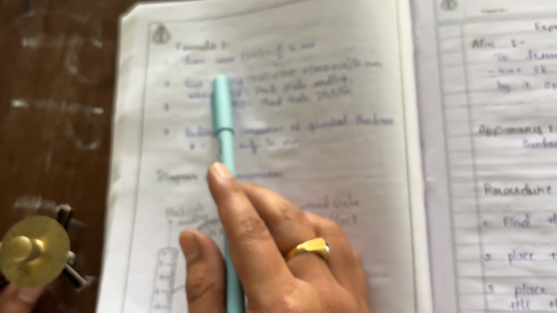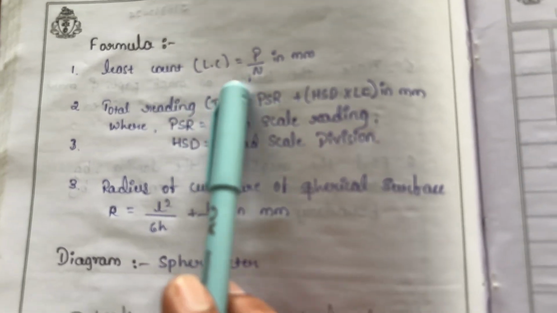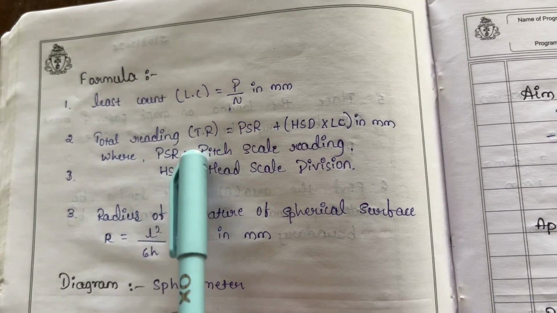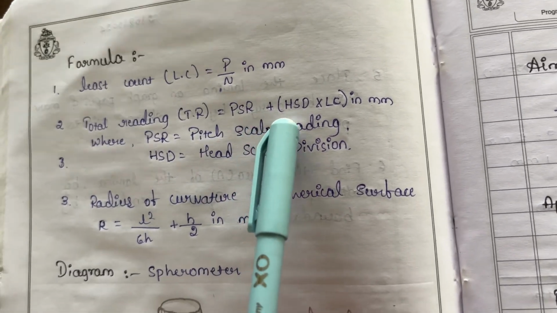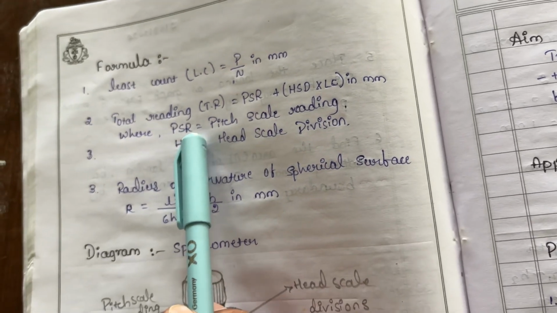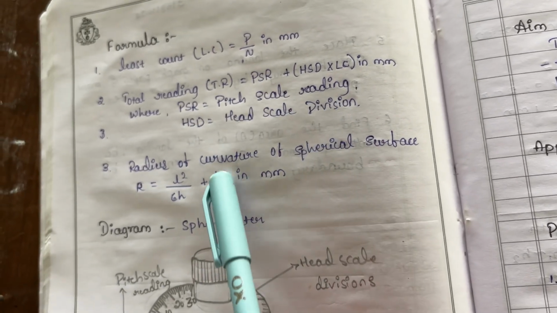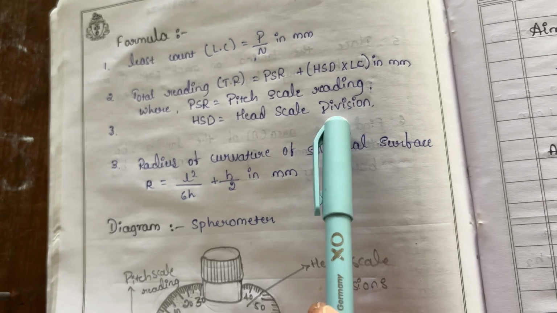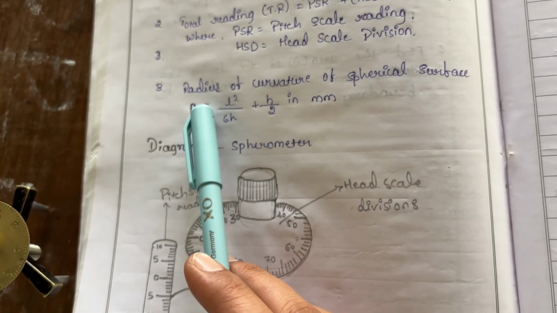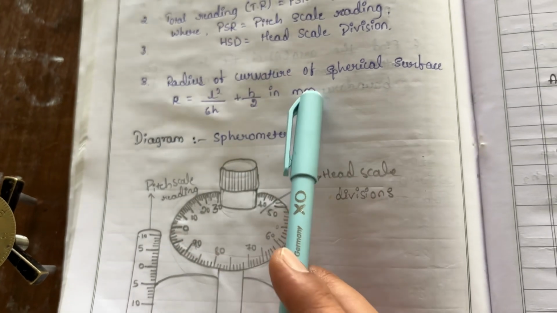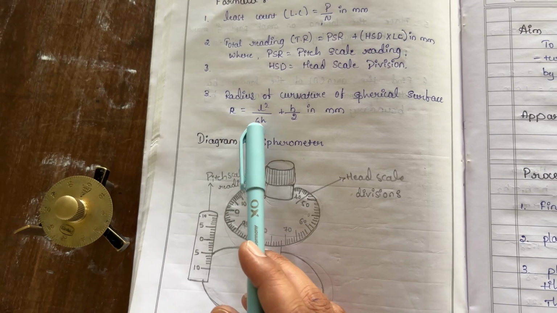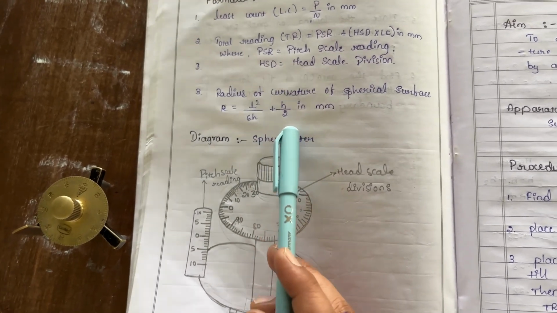This is the formula, least count: LC equal to P by N in millimeter. Here total reading TR equal to PSR plus HSD into LC in millimeter, where PSR means pitch scale reading and HSD means head scale division or reading. And after that, one more formula is there: radius of curvature of a spherical surface, capital R equal to L square by 6h plus h by 2